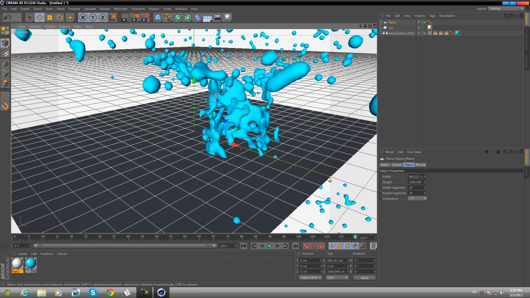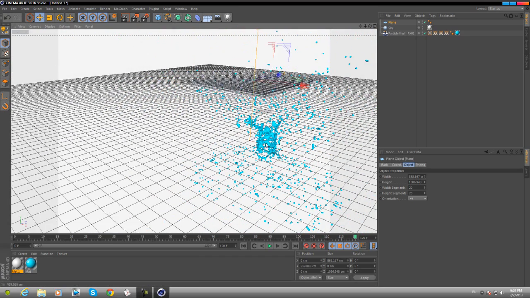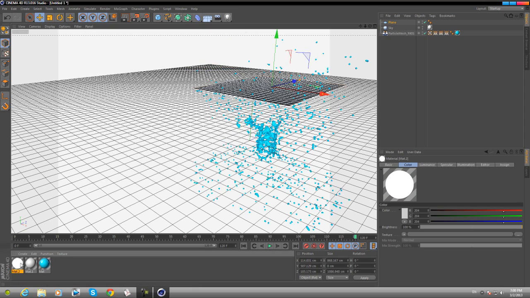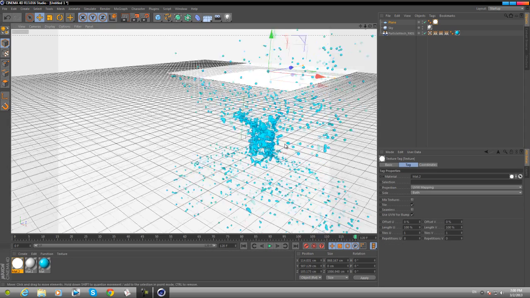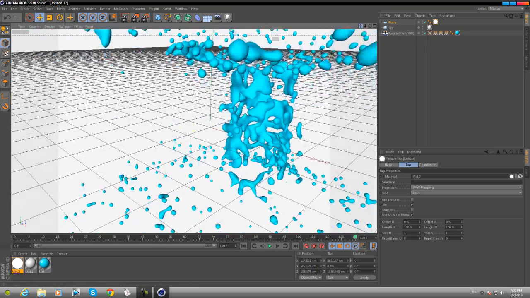So just get a plane, make it bigger, put it up above our mesh. Okay, and then create a new material and select luminance, and then put it onto the plane, and then look back at our mesh,